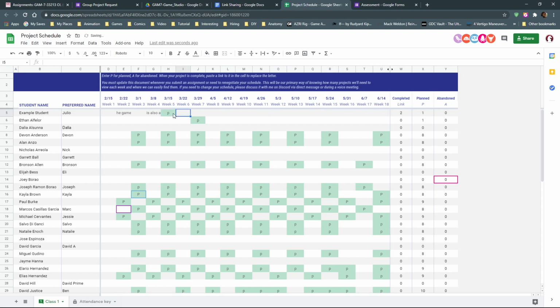So I put a P in here, and when we get to this week, that's when I paste a link to my finished product. Then for my next goal, I think, well, then I'm going to do tutorials, so I'll just put one every second week for a while. And at this point, I'm going to dedicate myself to a month-long project. So this becomes my schedule that I am responsible for.